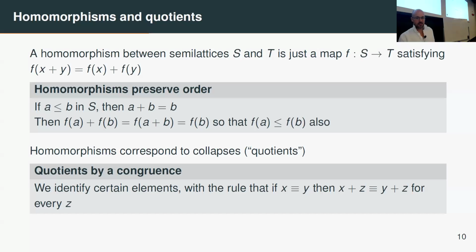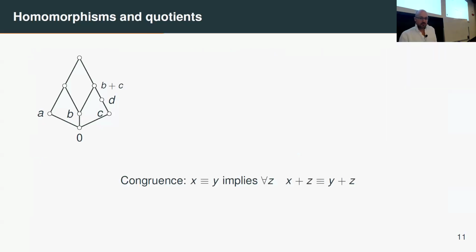I've got some pictures to understand this. Okay, so just at the bottom here, I've got a reminder of that. And I'll just imagine I want to collapse these 2 points here. So that was A plus B collapsing to A plus B plus C. I'll need to check that if I added anything further to those 2 points, that they were also collapsed. But you can see that adding anything to this one either does nothing to it, in which case it's already been collapsed, or it gets you to the top, which was the thing it was being collapsed to. So this one actually already satisfies that property.